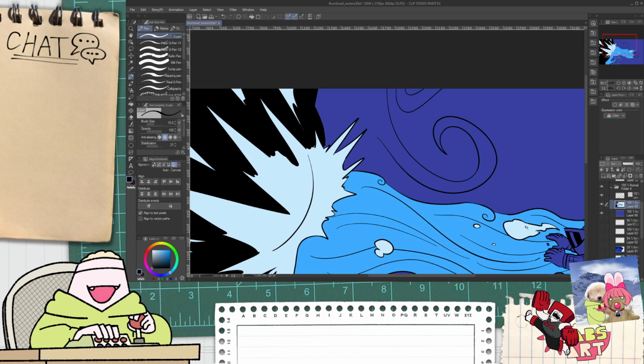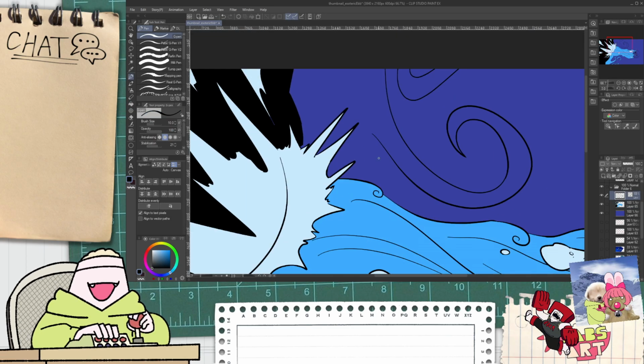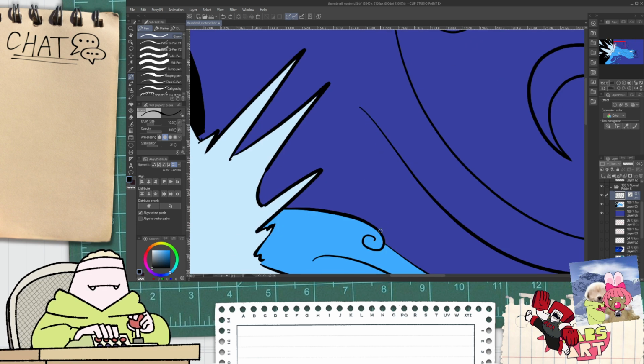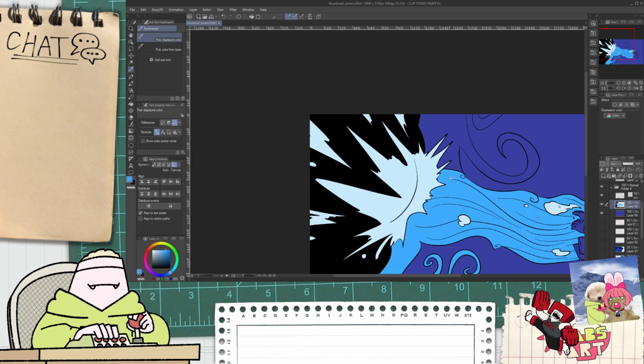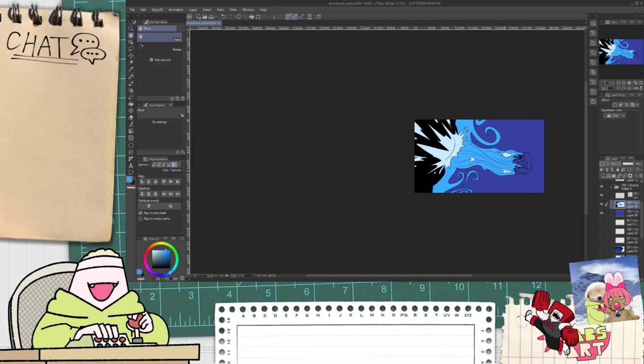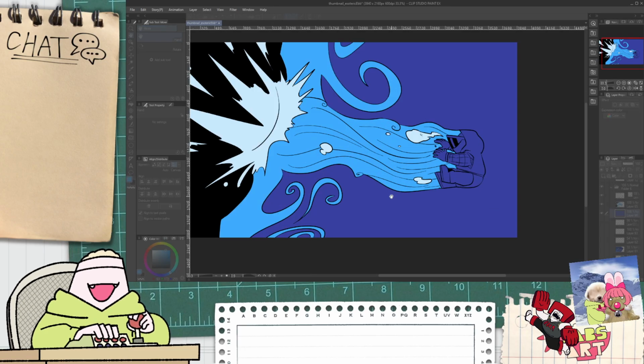Okay, we do need to unfortunately go back to the line art layer and add a linkage here just so that it doesn't clash too much. I think also that maybe the blue on this layer needs to have a slight adjustment in terms of, yeah, like this.